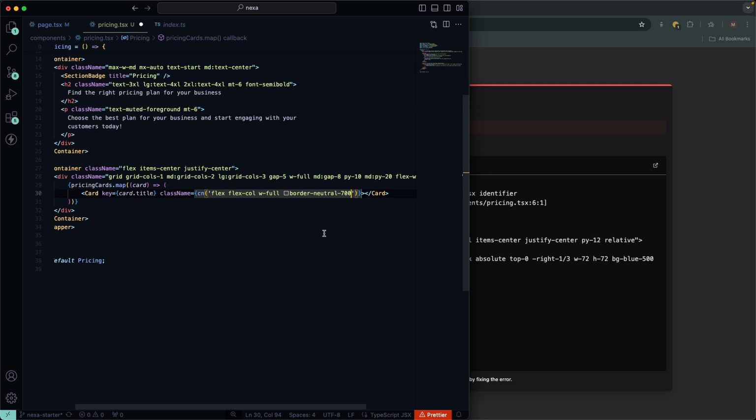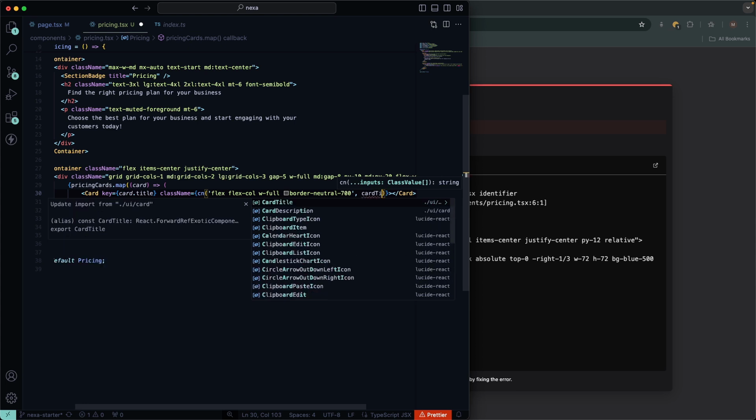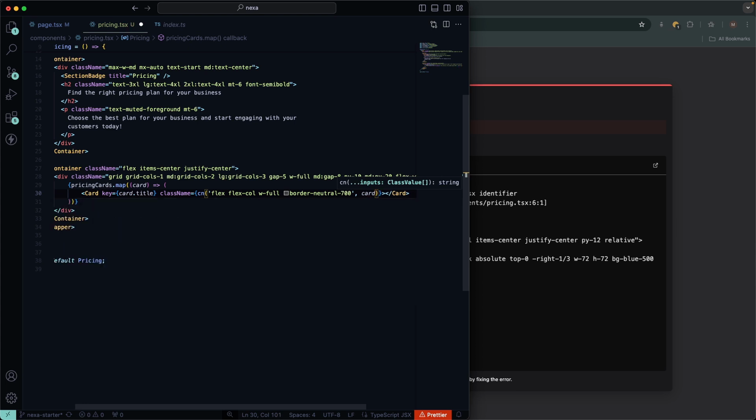Border neutral 700, and this should be card dot title. So if the title is